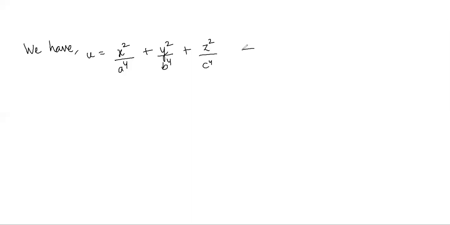First of all, let us write whatever is given here. We have u given. u is x square upon a raised to power 4 plus y square upon b raised to power 4 plus z square upon c raised to power 4. Let us name this as equation 1. This is the function about whose stationary points we are talking in this question,